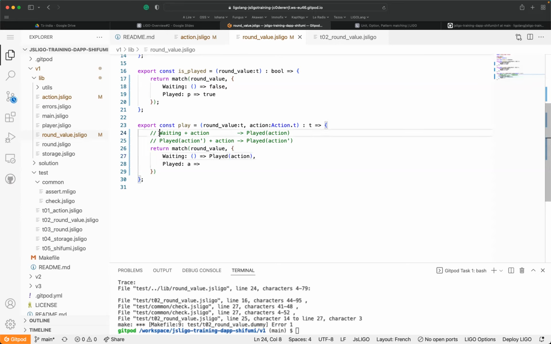This is what is expressed in the comment here. Otherwise, if it's a played, we know that we cannot play twice, so we just return a played with the action A, which is the old one. Okay.